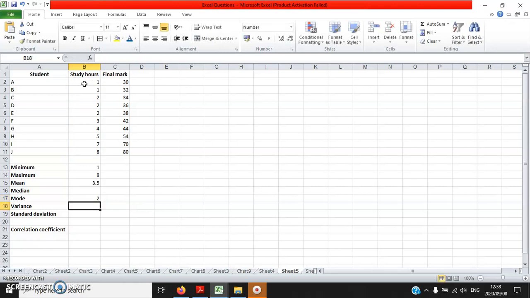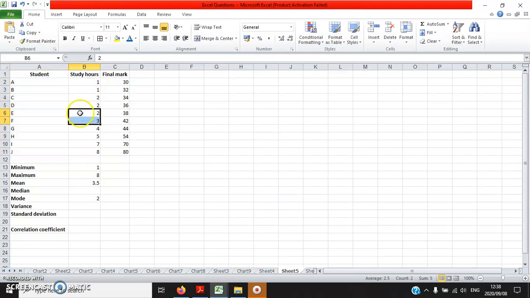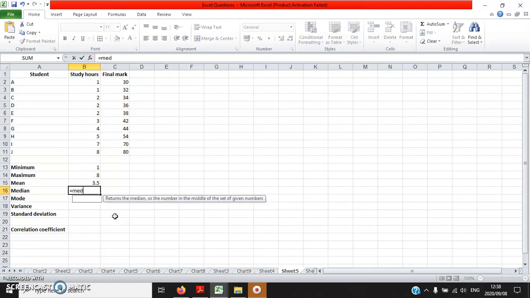Okay. Okay, indeed. Median is rather the numbers located in the middle. We have 10 observations, so the fifth and the sixth observation, you have to take the average. Okay, so the median is 2.5. Obviously, you have to first sort the data before you would derive the median. So the keyword is median, same data range,